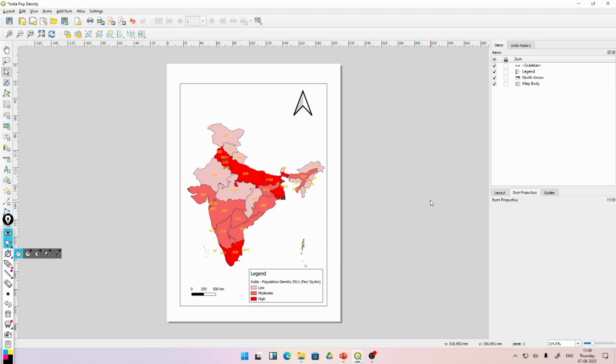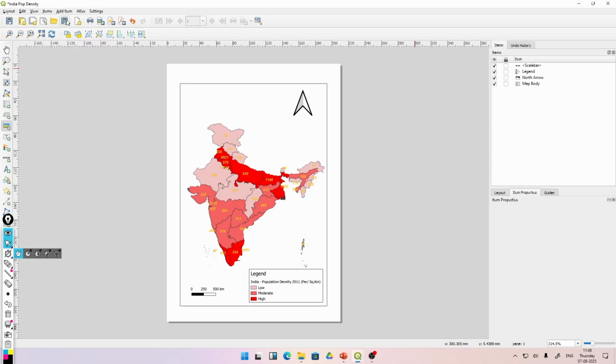So we have added a map body, we have added a north arrow, we have added a scale, we have added the legend. These are basic components. The next thing is I want to put up a title for this map. You have this option called add label. You can use this option add label to put up the title. You can again draw a box like this,